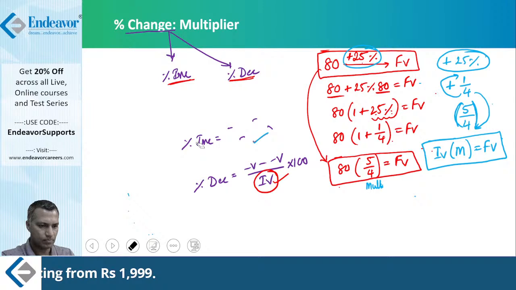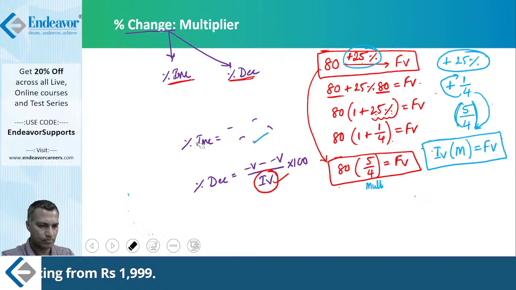So let's understand this. I took an example earlier, where there was a number 80. Let me take a different number. Say there is a number 120. I decided that I want to increase this particular number by 16.67%. Therefore, how does the final value look? Simple. My final answer will be 120 into multiplier is equal to final value, because this is the initial value I'm writing here.